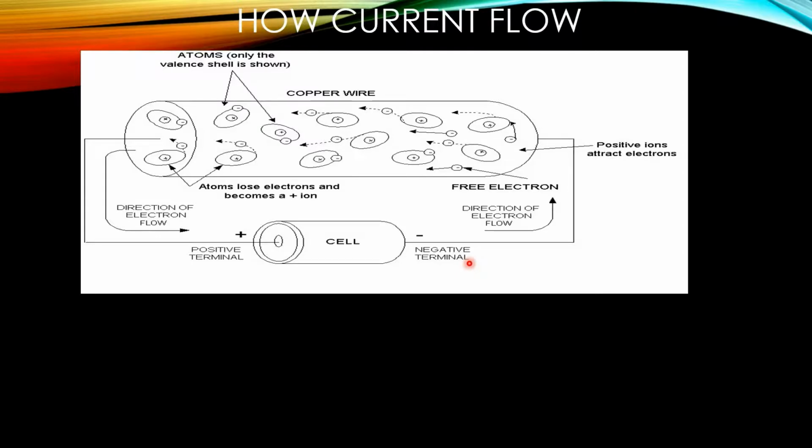So how or why does current flow? We can say when a battery or cell is connected, potential difference is set up across the endpoints of the conductor, and because of this potential difference, electrons start to flow in a particular direction and current starts to flow. If electrons are flowing from point A to point B, in that case, direction of current will be from B to A.